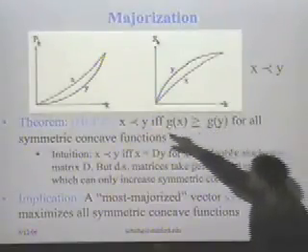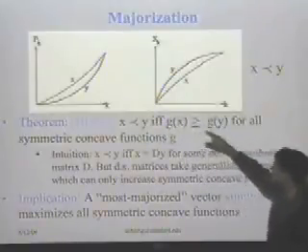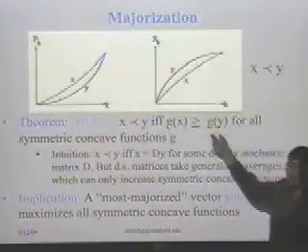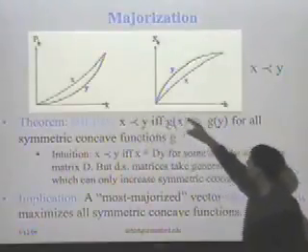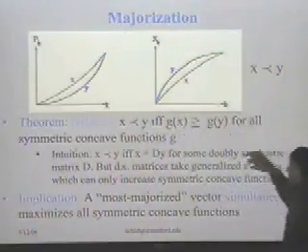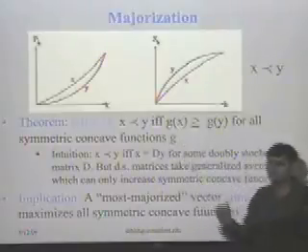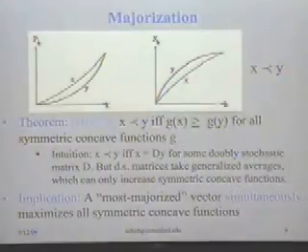This also explains the mismatch between less than and greater than or equal to, because they were interested in proving inequalities about convex functions. So in their notation it makes sense, because what they would say is x is majorized by y if and only if f of x is less than or equal to f of y for all symmetric convex functions. That's how they prove the theorem.